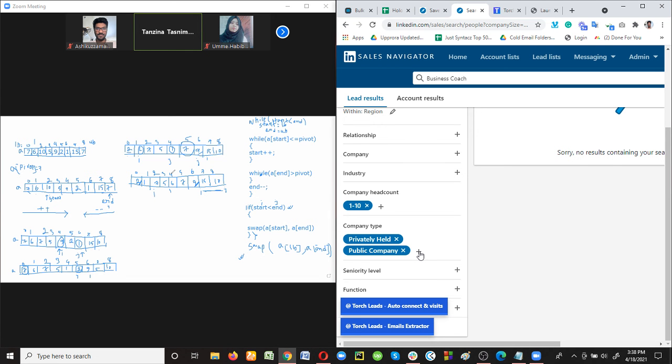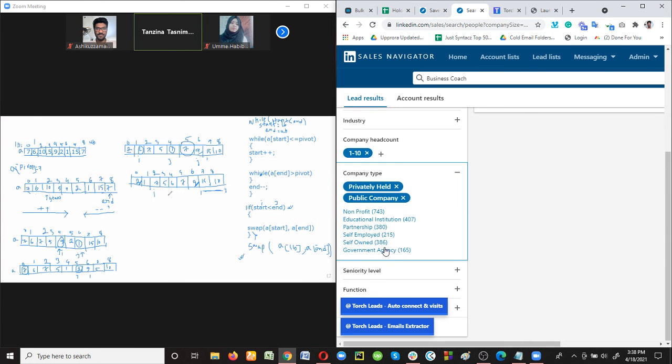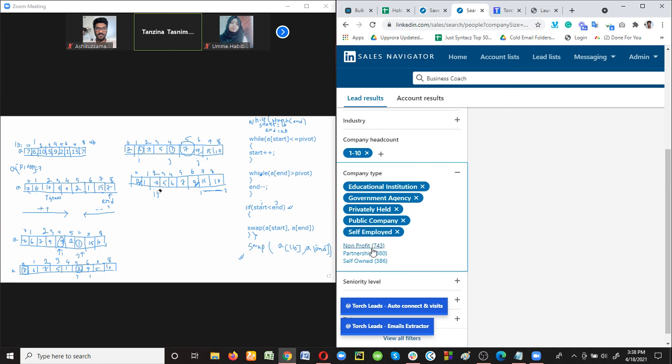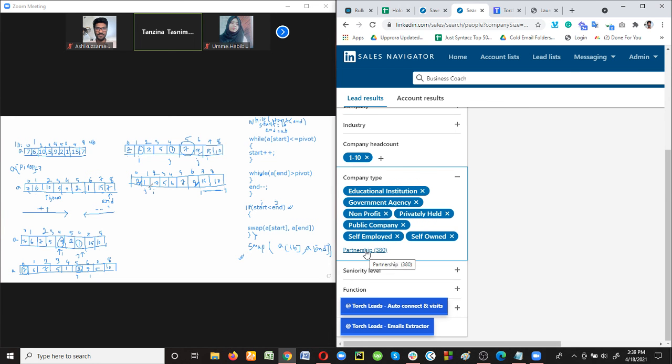Okay, so j equals 4. Now compare it with pivot. 6 is greater than 2. So this condition is true. Now j minus minus. The new value of j is 3. So is it greater than 2? Yes. Again, j minus minus. So now j equals 2. A[j] equals 7. Is it greater than pivot element 2? Yes, it's greater than the pivot element. Again, j minus minus. So now the new value of j is 1. Okay. So is it greater than 2? No. So now we can stop the decrementation process here.